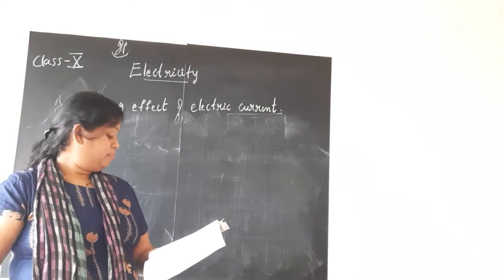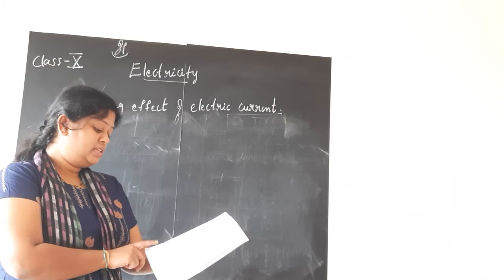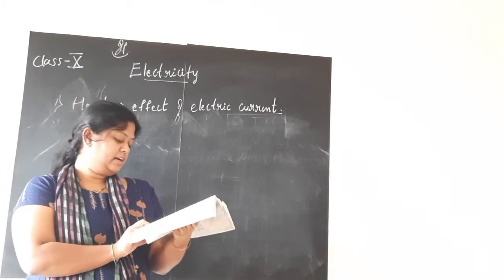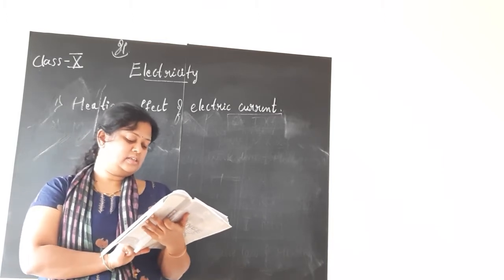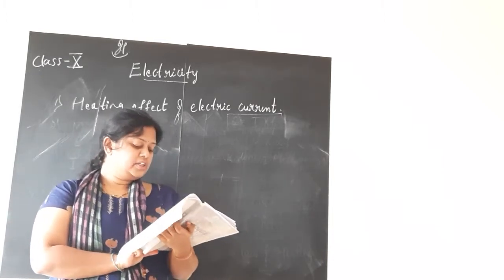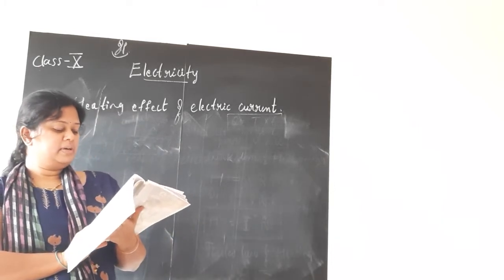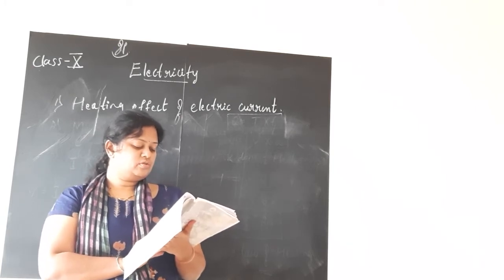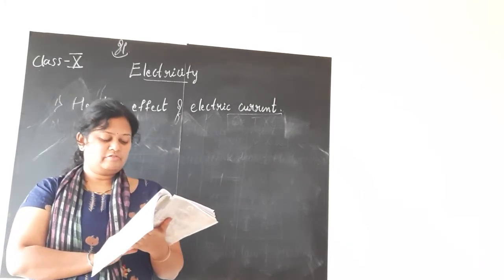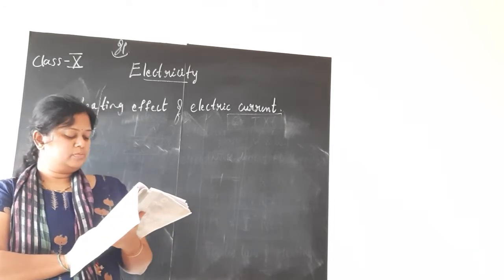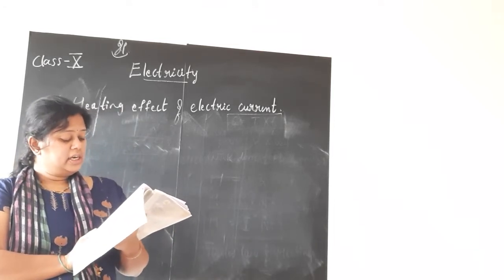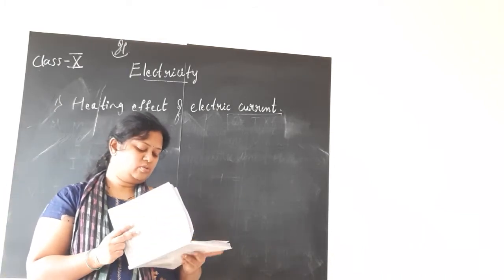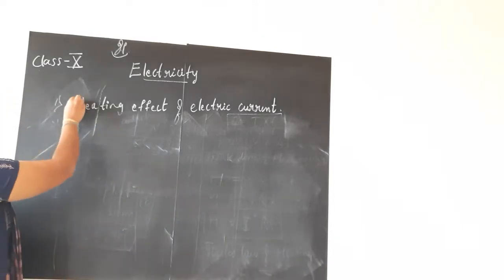How did watt suddenly come? The power concept. See here, as I was reading the textbook, the derivation part is given in the paragraph below. Consider the current I flowing through a resistor of resistance R. Let the potential difference across it be V. Let T be the time during which a charge Q flows across. The work done in moving the charge Q through a potential difference V is the product of V into Q, that we know. Therefore, the source must supply equal energy, V into Q, in time T. Hence, the power input to the circuit by the source, P, is equal to V into I.